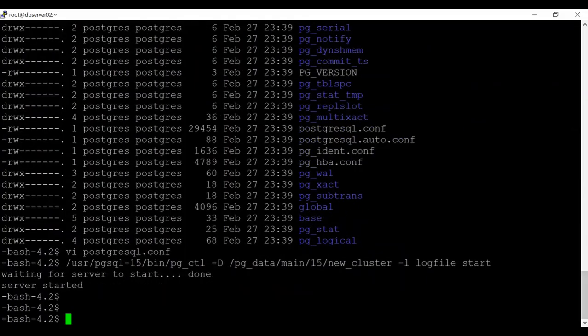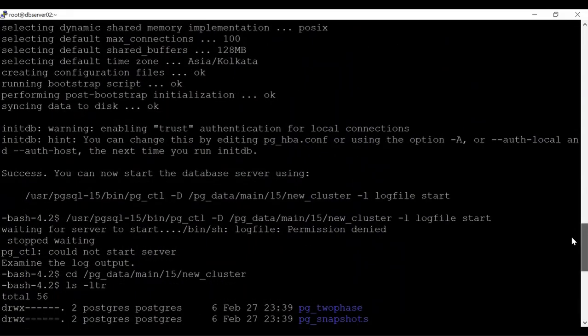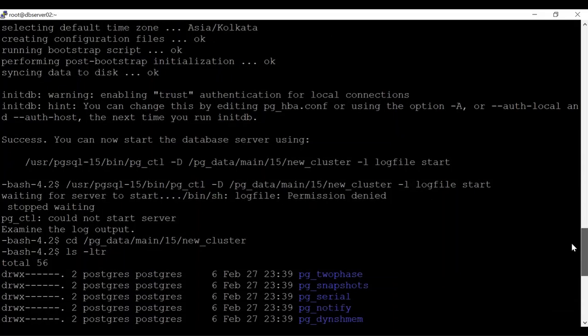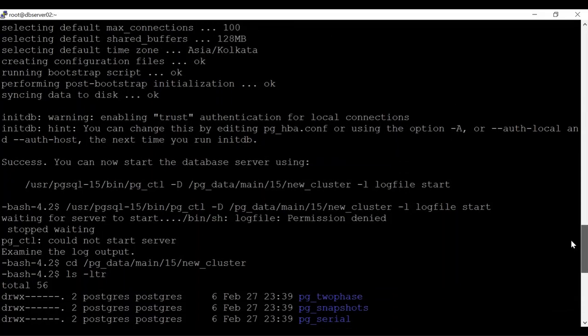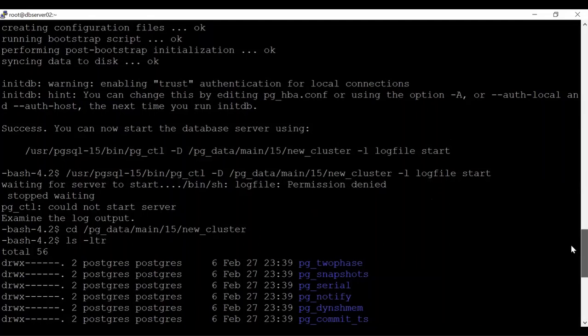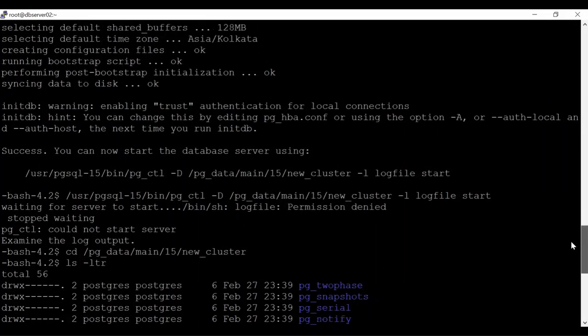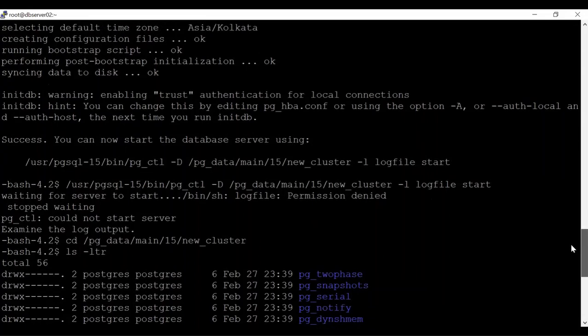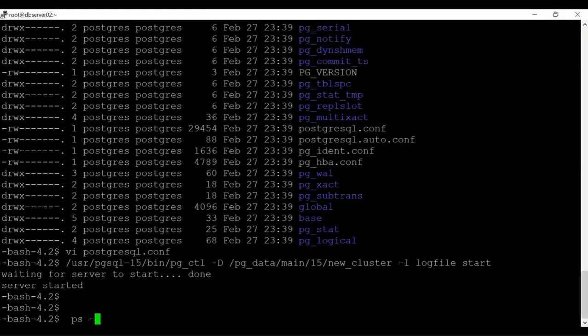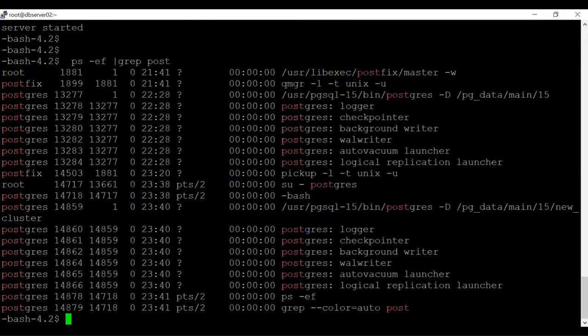Okay, so if you get this kind of error, sometimes you will not understand. If you see here, it is telling permission denied, but if you go and check in the alert log, then you will understand exactly why it is not allowing. It is telling permission denied, but this is not the correct reason. If you go inside the alert log, you will understand better. This is because of your port issue,